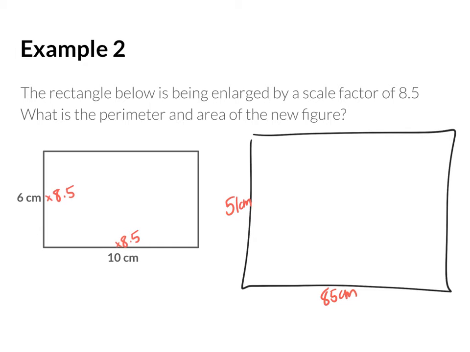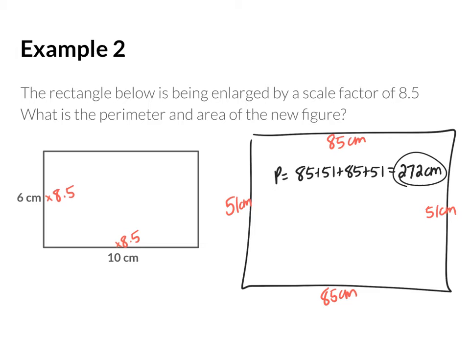To find the perimeter and area, I need to fill in the other sides. I have 85 centimeters and 51 centimeters. So for my perimeter, I add all the sides up of my figure and I get 272 centimeters for the perimeter. For the area, I'm going to multiply the length and the width of the figure, giving me